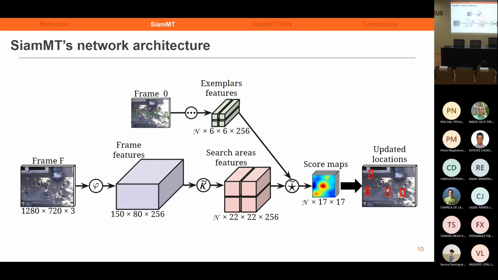As you can see, the inspiration is more than evident. However, as similar as the networks may seem, we have a number of fundamental changes. When our system receives a new frame, the first thing it does is globally extract its features, using an AlexNet-based backbone that lacks padding. This is a unique characteristic of SiamMT, compared to single-object trackers, which only process a portion of the input image. By doing this, SiamMT is able to reuse the computations for the several objects that appear in the scene, very similar to how current object detectors work.